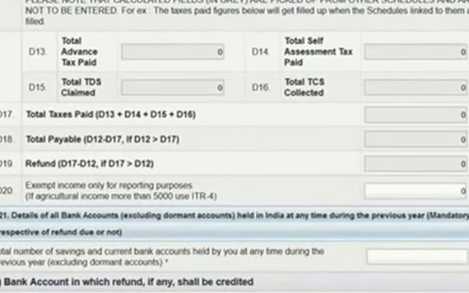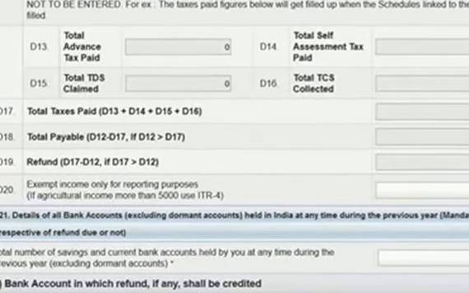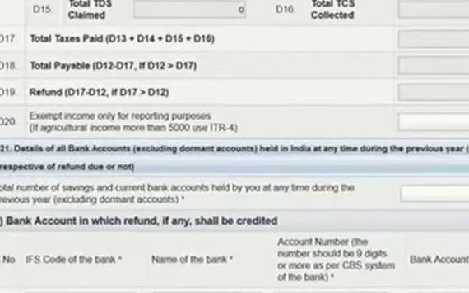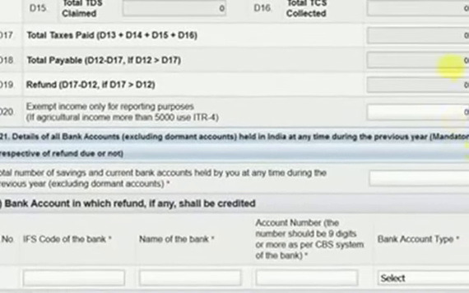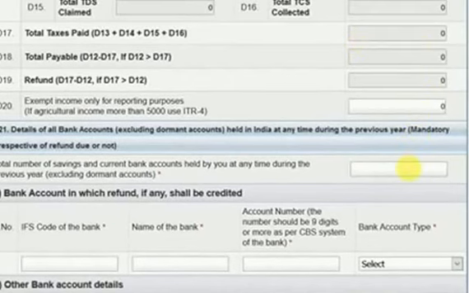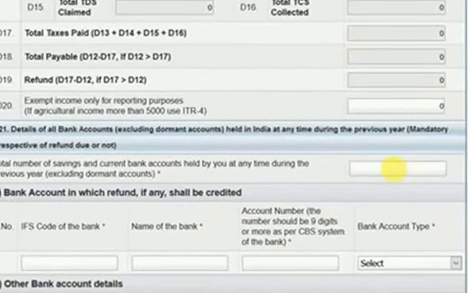Do you have any TDS? It will be refunded with your income. You need not pay any tax also. If anything is there, it will be displayed in these columns. How many accounts do you have? I have only one account.